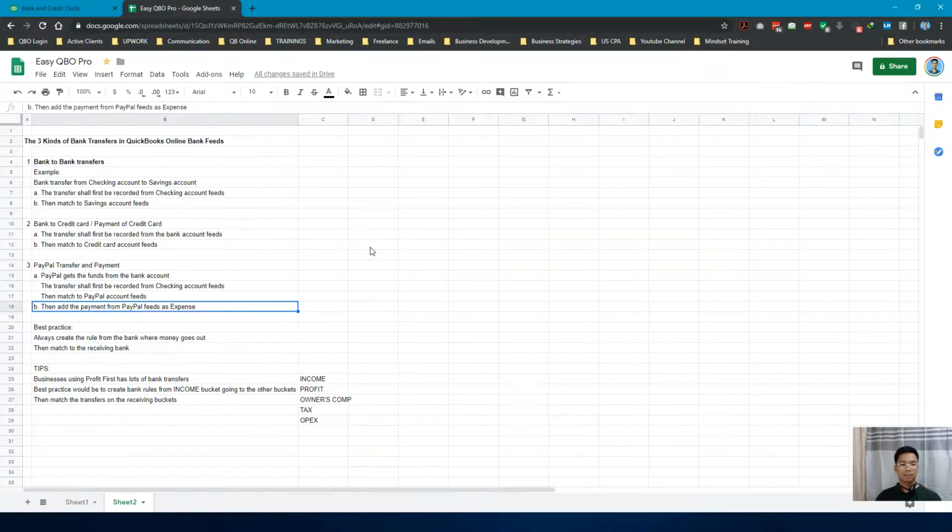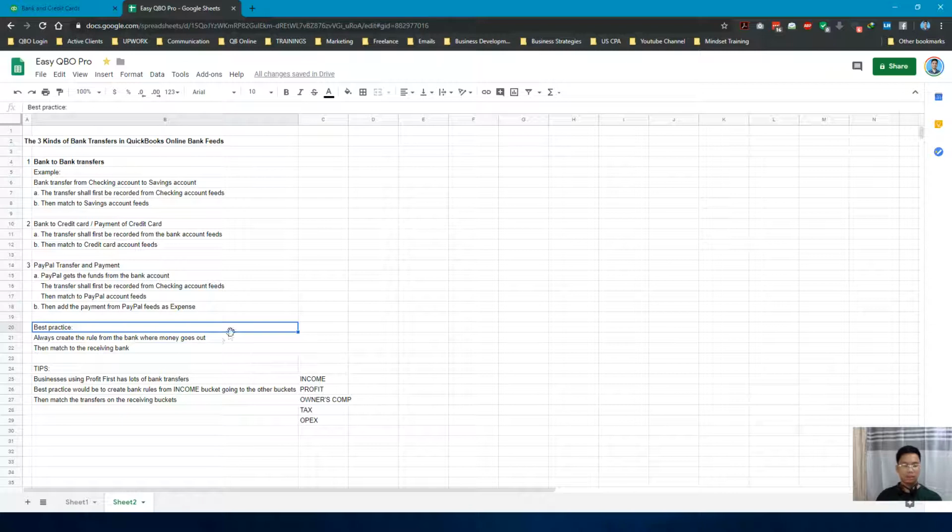Okay, so the best practice here is to always create the rule, if you are gonna use rules, from the bank where the money goes out, and then you do not create a rule on the bank which is receiving the money, and you just match the transfer there. Okay,